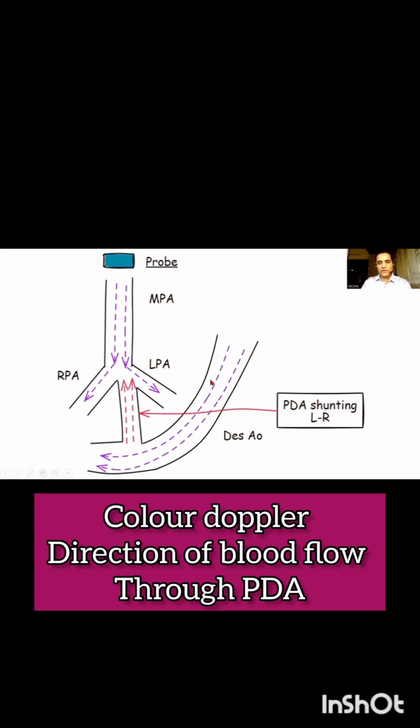As you can see in this animation, the probe is up there colored blue, and the blood flow in the MPA and descending aorta is moving away from the probe, so it is blue. And this PDA, which is joining from aorta to pulmonary artery, if it is left to right, that is aorta to pulmonary artery blood flow through the PDA, it is red, and if it is right to left, that means it is away from the probe and it will be blue. And you can do the dopplers by putting your pulse wave doppler within the